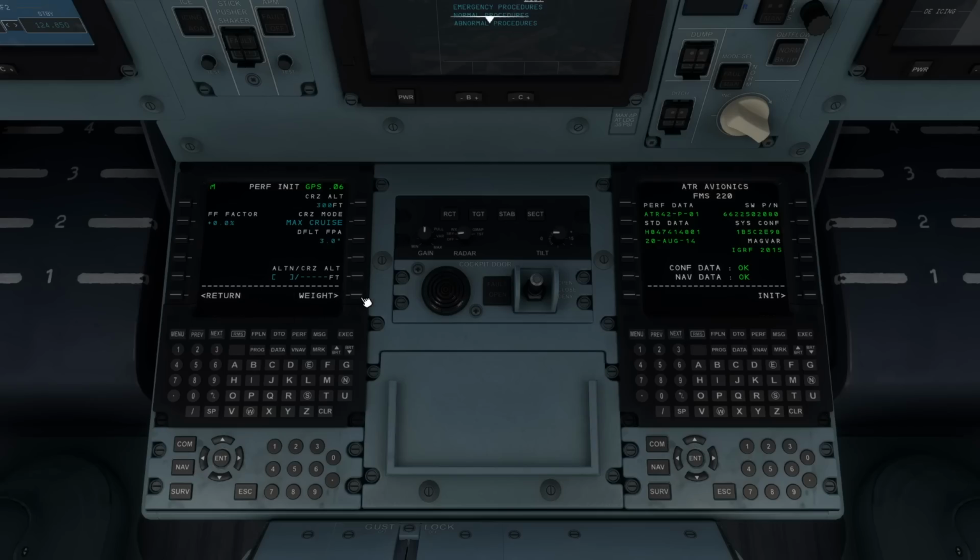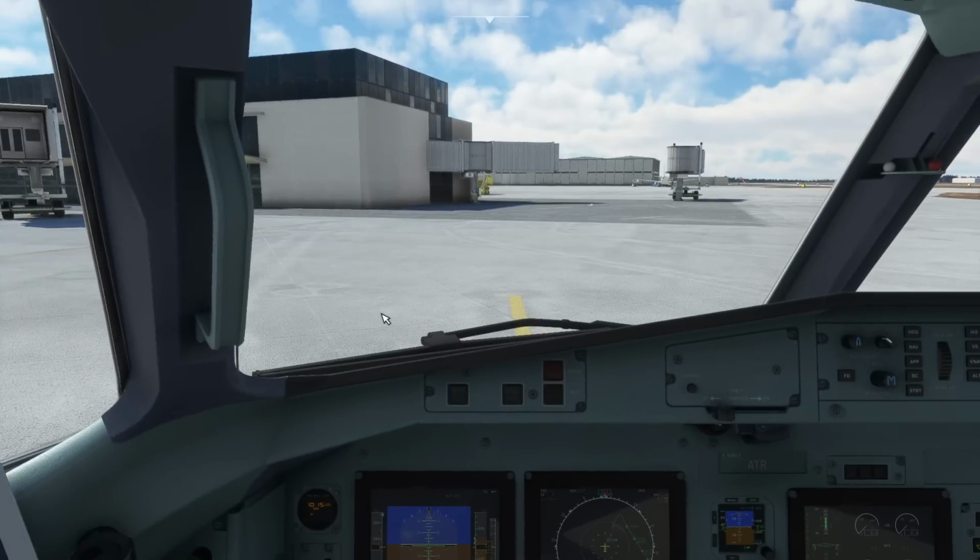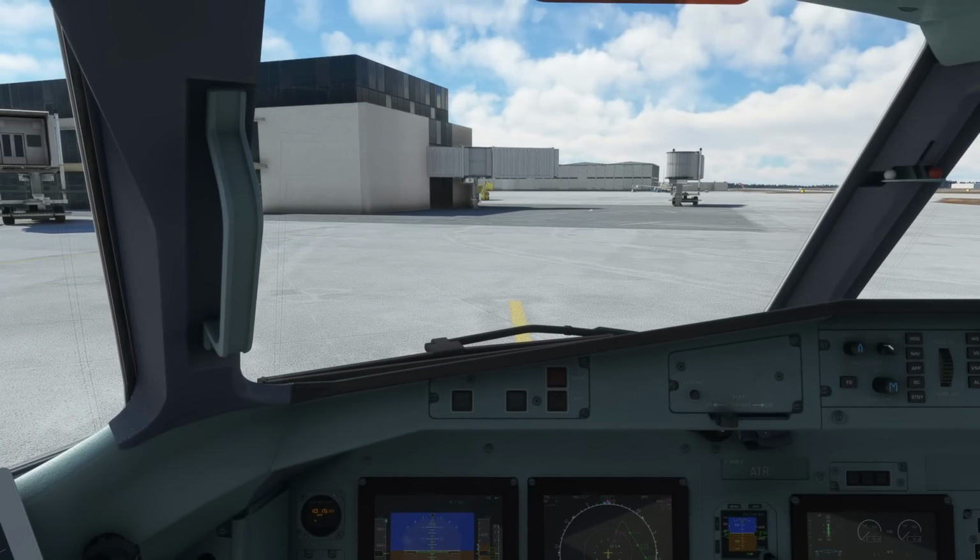We can then go to weight. So you can see it, you can key in the zero fuel weight, fuel on block and gross weight, but there are hyphens in them, not square boxes, so they are not required. Okay? So we are basically done. We can leave this on the flight plan page now, and we can get on with what we want to do. So if we then press the F key, we're looking back up in the cockpit,